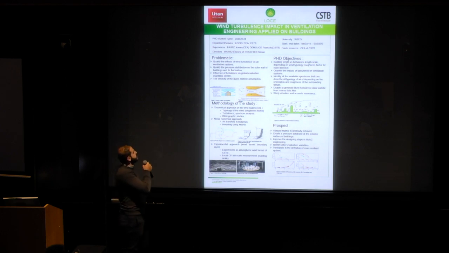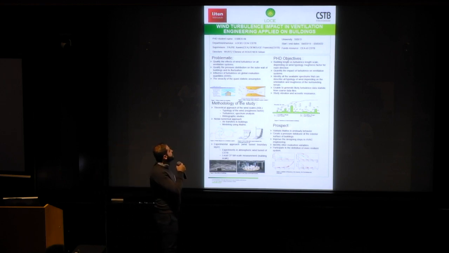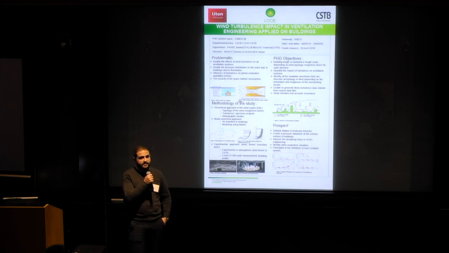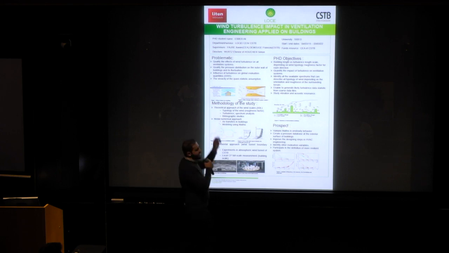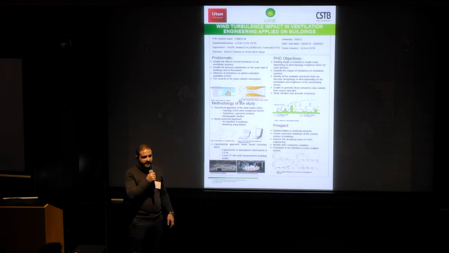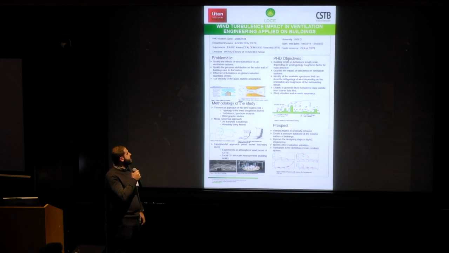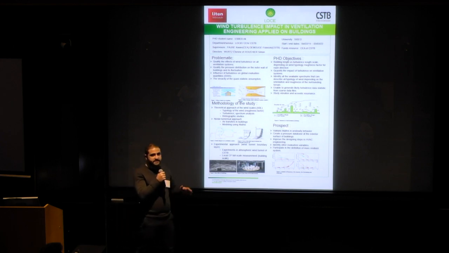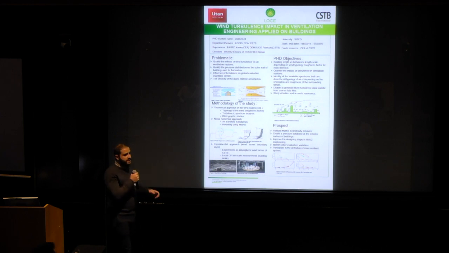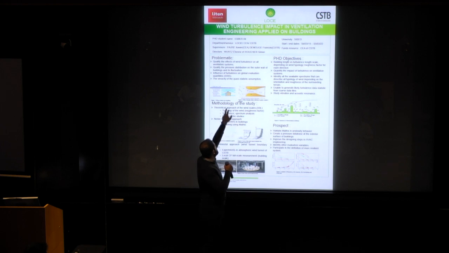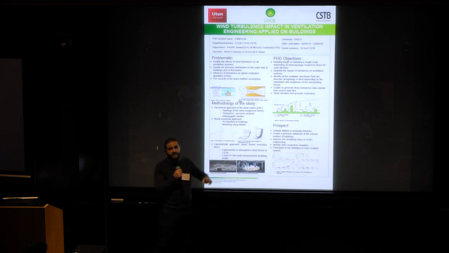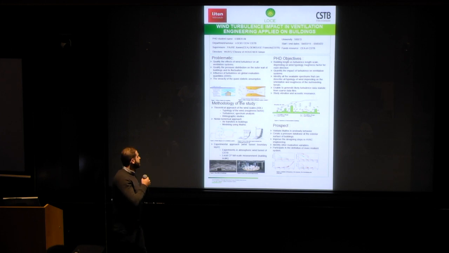The topic of my work is wind turbulence impact in ventilation engineering on buildings. First of all, the problematic is to quantify the effect of wind turbulence on buildings, to qualify the pressure distribution. As we see in this picture, when the wind hits the surface and the sides of a building, we have a distribution of pressure, positive on the face side and negative on the other side, due to the detachment of vortexes. The main work is to see how this fluctuation is introduced inside the inlet and outlet of the ventilation system of any building.